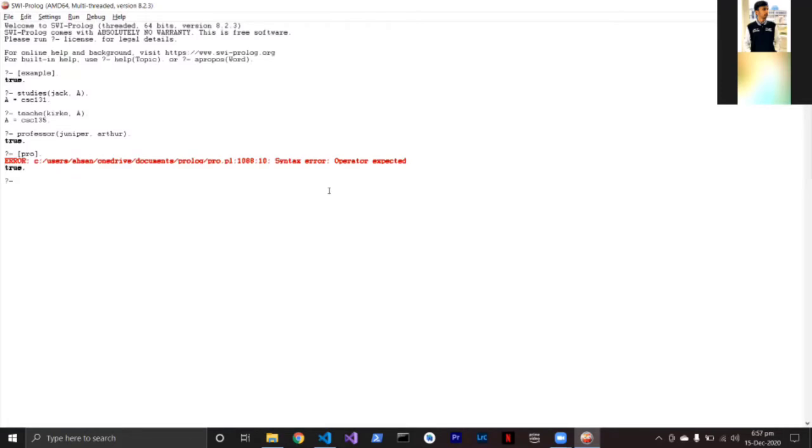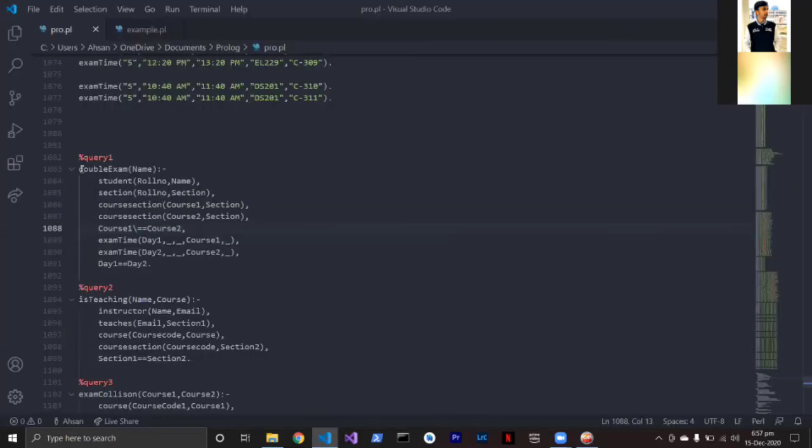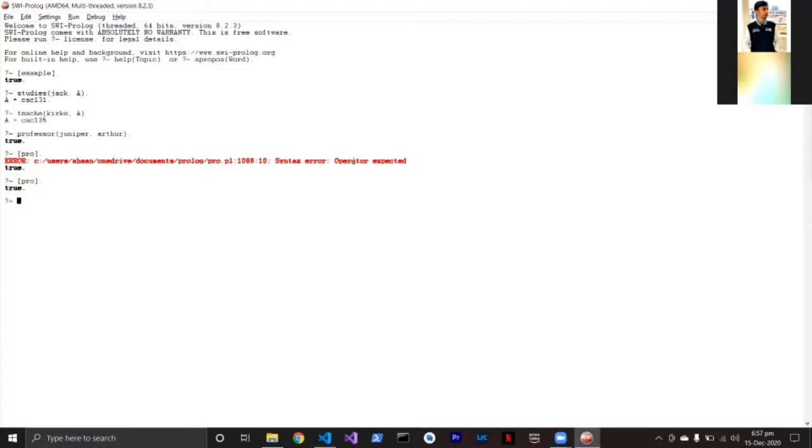So now we will compile it again, and this shows us that the file has been compiled. So we can run the query by typing the name of the query. Yeah, we can also copy it from here. This reduces the possibility of mistakes. We can copy the name from here, and we just have to give the name of the student.